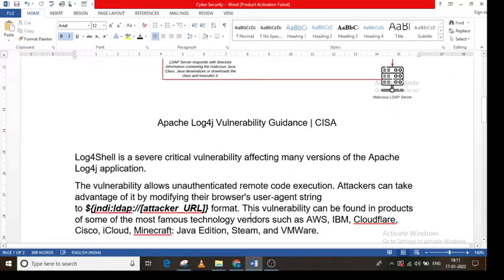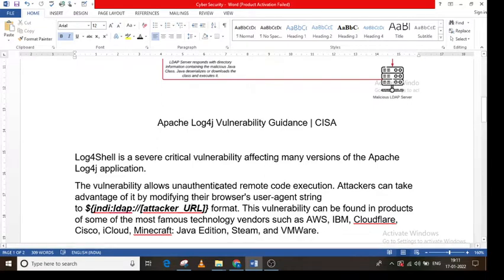So according to CISA's Apache Log4j vulnerability guidelines, Log4Shell is a severe, critical vulnerability affecting many versions of the Apache Log4j application. It is a vulnerability for Apache web applications, where the websites are programmed in Java.